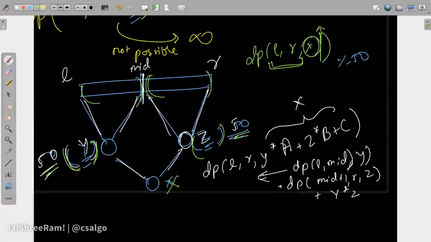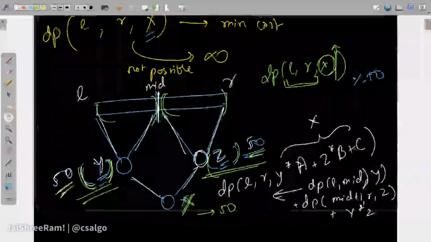Like, what is the answer for all 50 values over here? What is the best possible way to merge this L2R into all 50 values? Okay. In that case, we will try to iterate efficiently on these two values. Okay. Makes sense? So the problem that was happening was, if we try to calculate every possible LRX by iterating